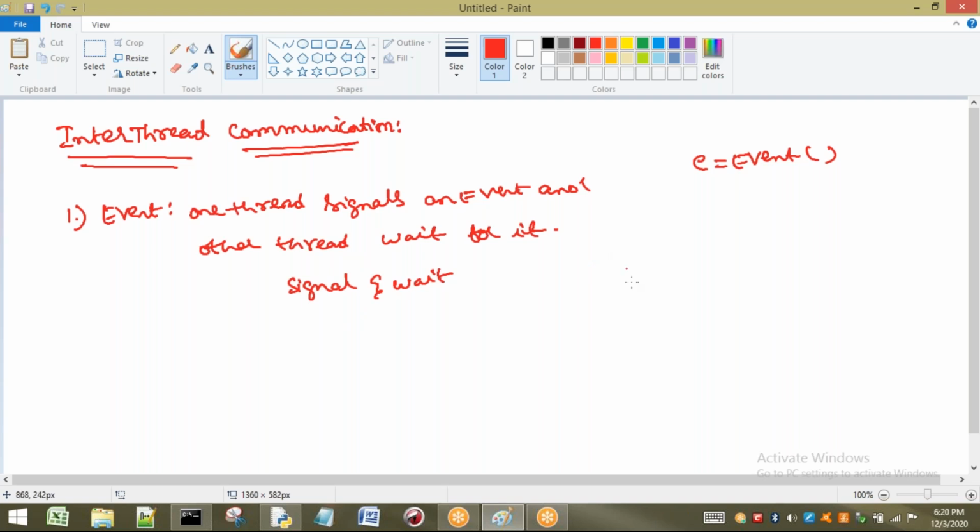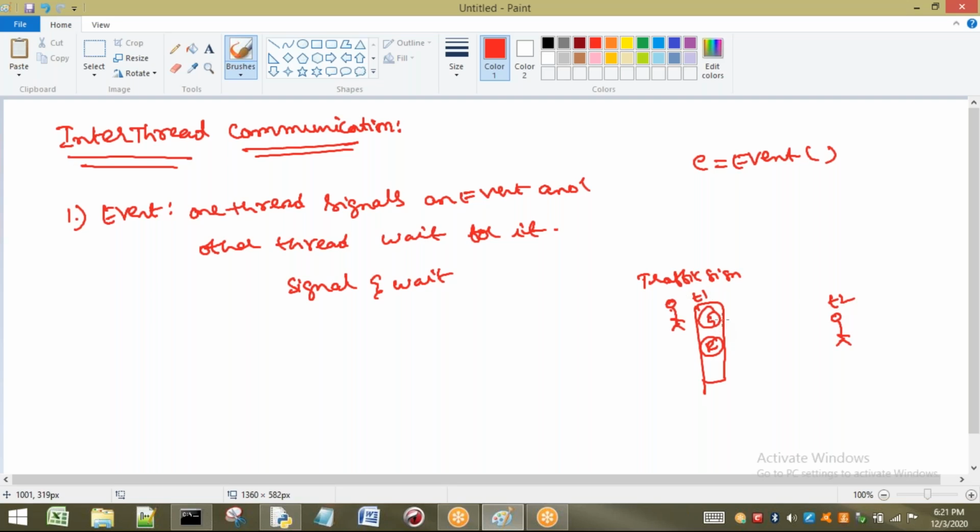One thread signals and the other thread is going to wait. A better example for this is a traffic signal. Here we have colors, I will take only two, green and red. Let us consider this particular board as thread 1, the traffic thread, and this vehicle as thread 2.